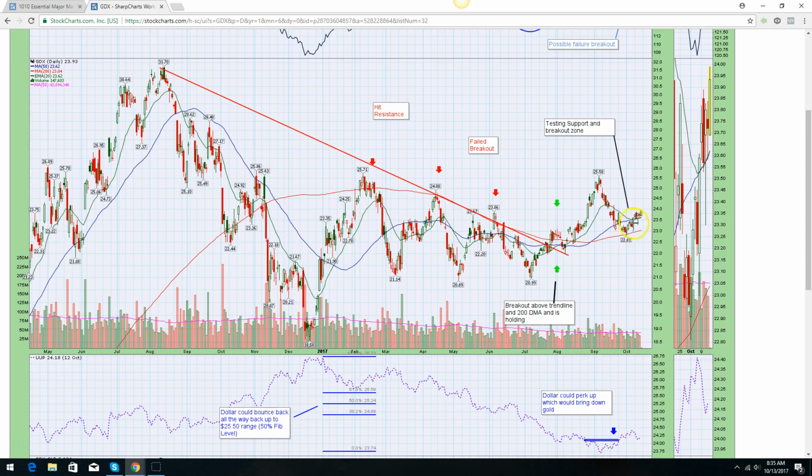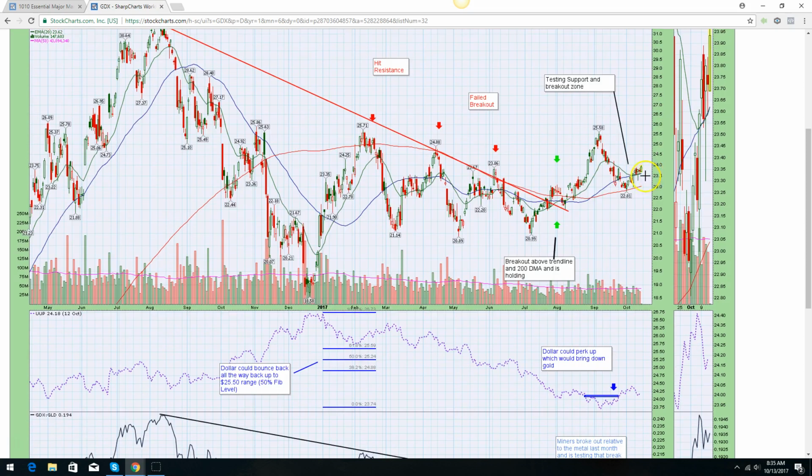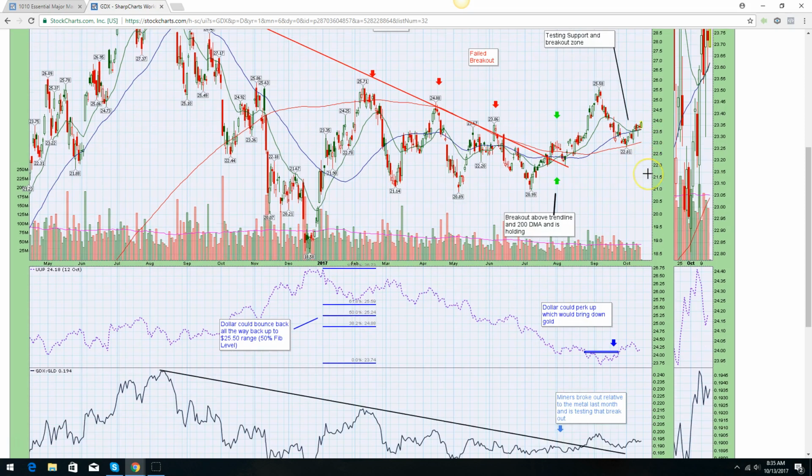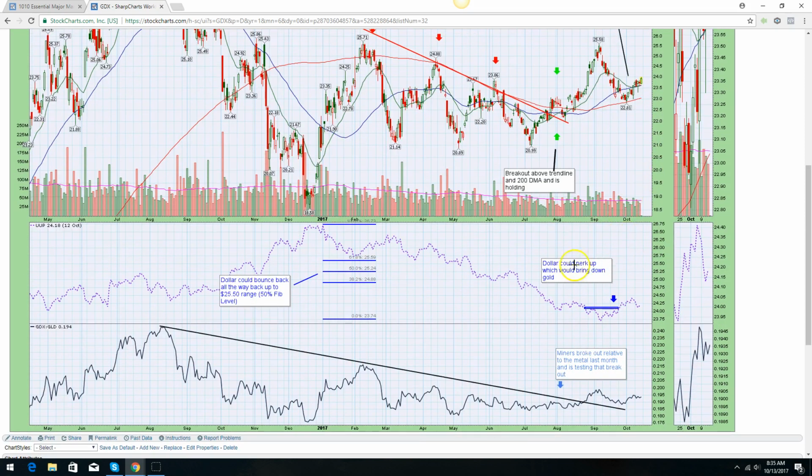Here's where it gets interesting. Now it's starting to find support. So if this is support, I think gold could move significantly higher. I'm still kind of scratching my head on this one, and maybe I'm wrong, but when you go down here,